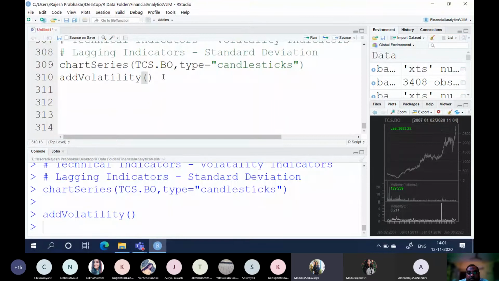Sir, high standard deviation shows high liquidity. Not all price movements will be liquidated. See, if the stock has zero standard deviation, you cannot trade in it. First of all, let us understand that part. If a stock has zero standard deviation, that means you cannot trade in that stock because the price is stagnant.